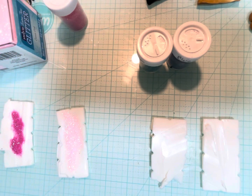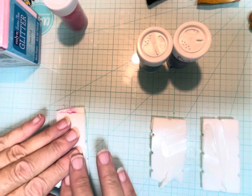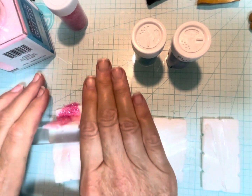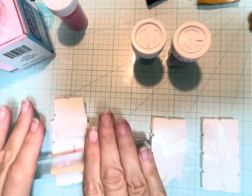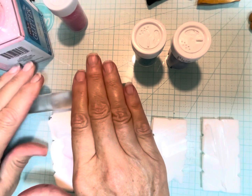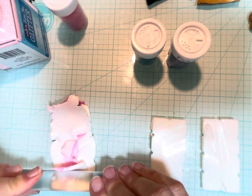What you have to do next is really work with this stuff. I'm gonna put one on top of the other. I guess I could have just put it all on one, doesn't really matter. And I'm gonna kind of roll it together to try to at least get the glitter inside the clay a little bit. If I put one on top of the other like this, it keeps it from going as much on top of my roller. It'll get some glitter on my roller, but more of it goes into the clay. So once I have a fair amount of it stuck in there, see, it's starting to stick in there,